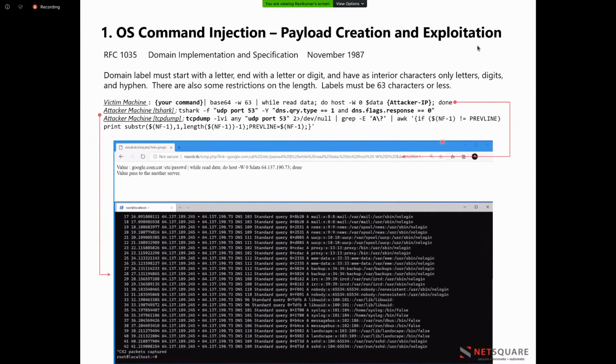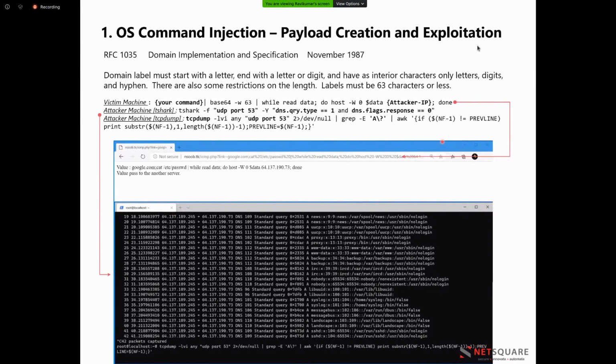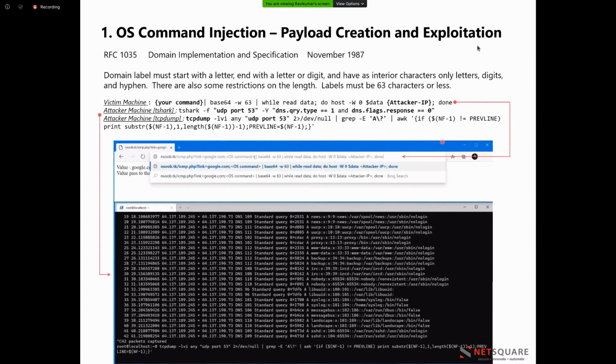You can overcome this using my second command, tcpdump. I put some grep and awk script in it, using some substring, length and previous line, so it will remove the 2-time repetition. But you need to wait for it to process the whole stuff using tcpdump. I just hit enter using the second command,